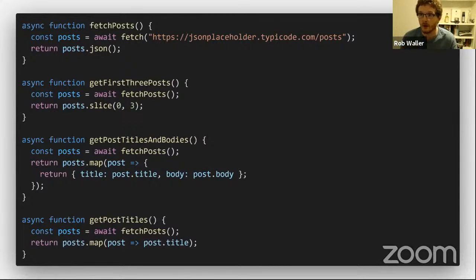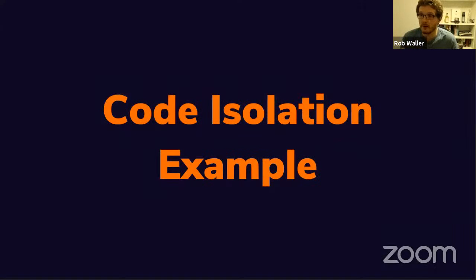So we haven't got nicely isolated logic. So I hope this clarifies this idea that wet and dry principles are useful, but they don't necessarily lead to well isolated code. So now we're going to briefly jump into a code isolation example.